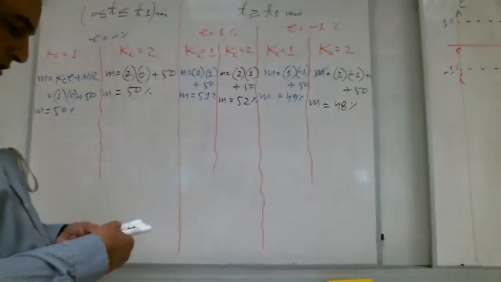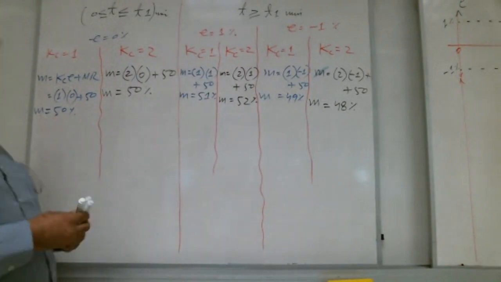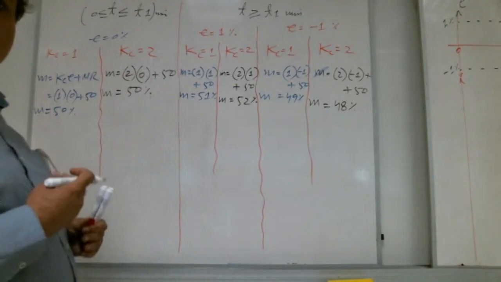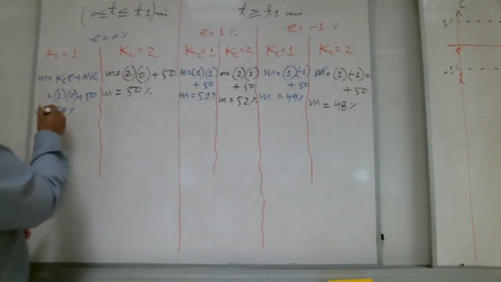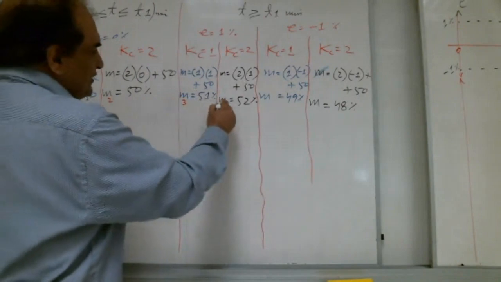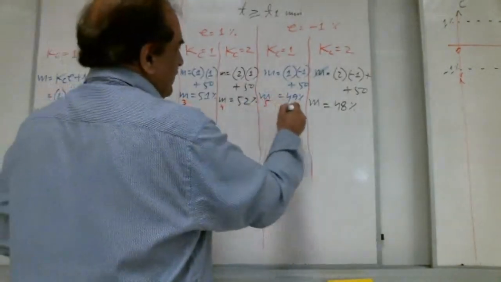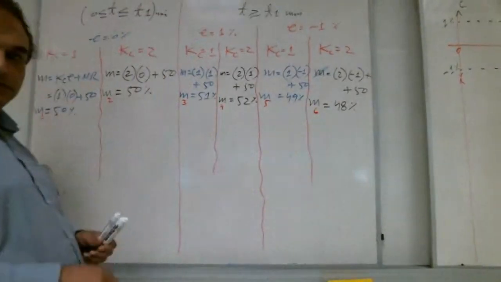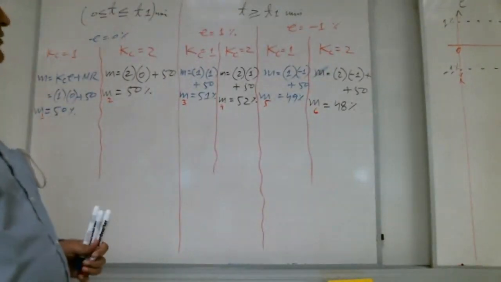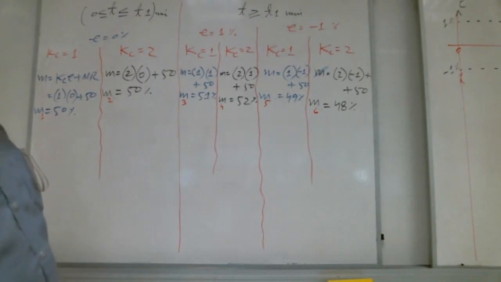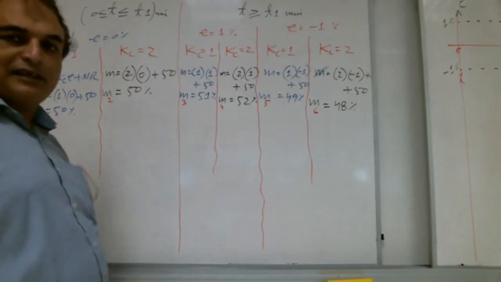So this is the solution. Now we can put numbers on them for our ease. We can say this is M1, this is M2, this is M3, this is M4, this is M5, this is M6. Right, Shabab? So how many outputs are there? 6 outputs are there. Okay, now we need to draw them.